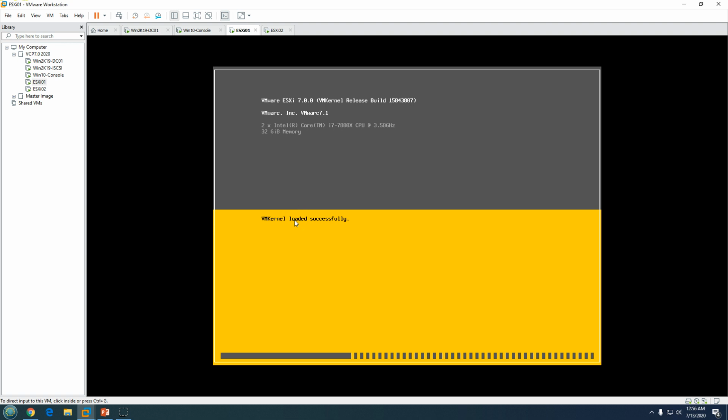You can see the build version and other details here. Since this is running on a virtual machine, it's giving me the VM make and model, VMware Inc, and this is the hardware version of the virtual machine. If you have a physical machine, it's going to show you the physical make and model number of your physical server, and definitely it's going to show you how many CPU cores you have, and how much memory you have on the server.